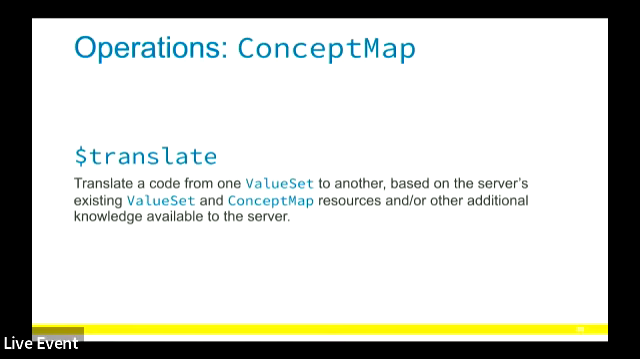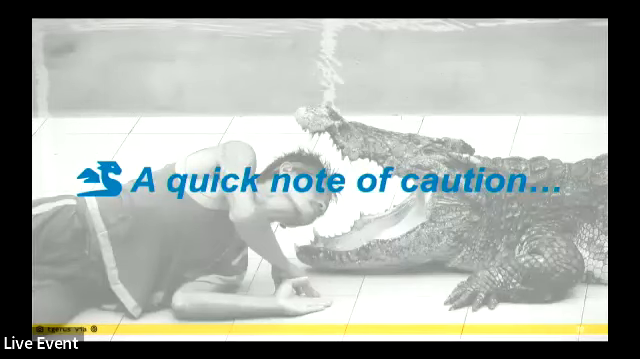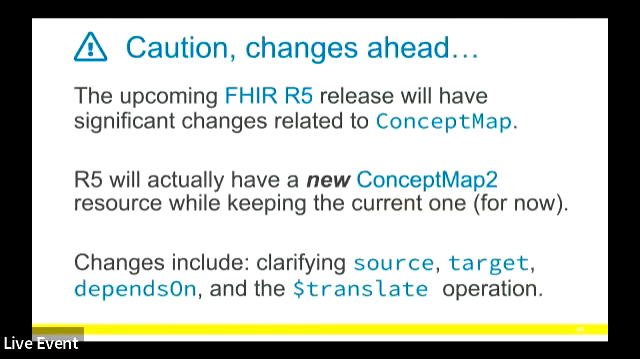So in this case, if you're a client, you pass to the server a concept and you say, hey, can you translate this code into another one based on the information that you have? Now, there's a little bit of caution that we're not going to get super deep into the details of how ConceptMap works for one main reason, and that is there's a lot of structural changes to how the ConceptMap resource will look in the